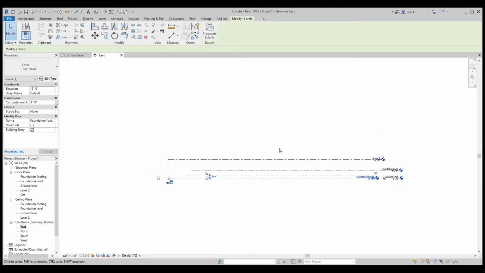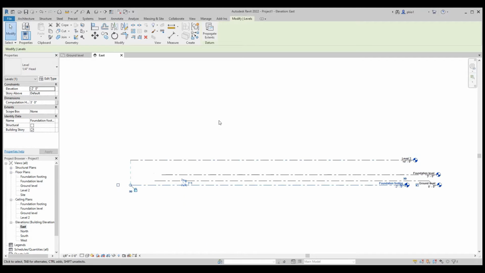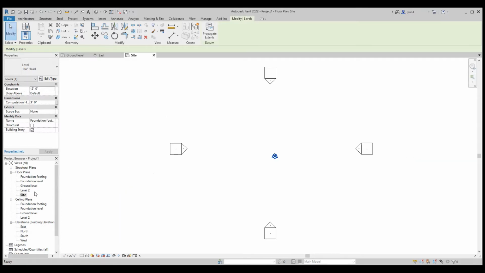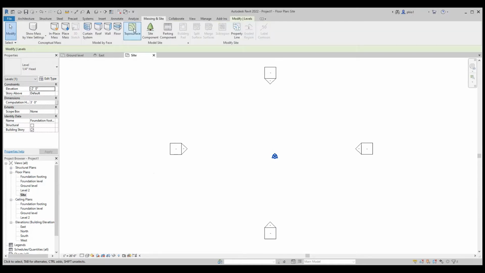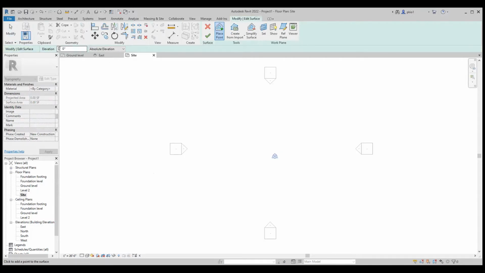Before we do the foundation, let's go ahead and make our site. To make the site, we go to the project browser and double click on site to select it. We go to Massing and Site, Toposurface, and put a height for the site.